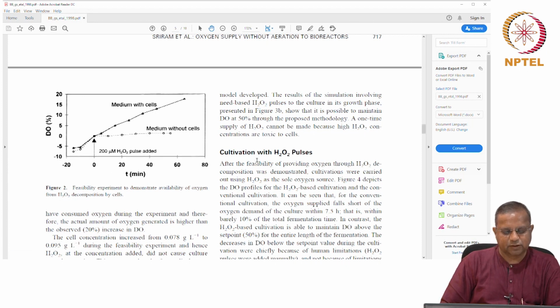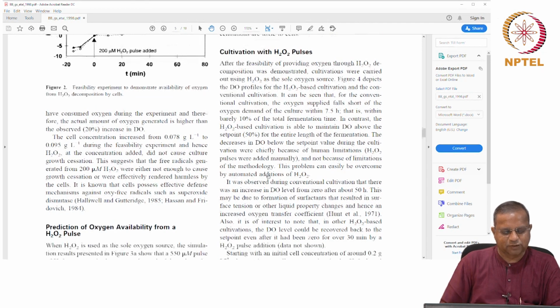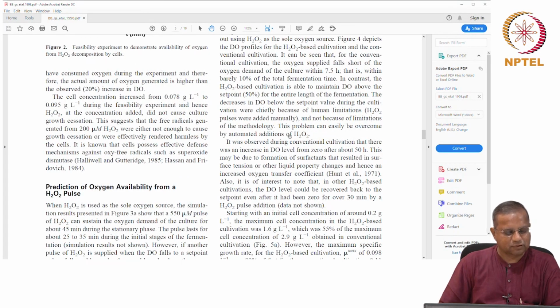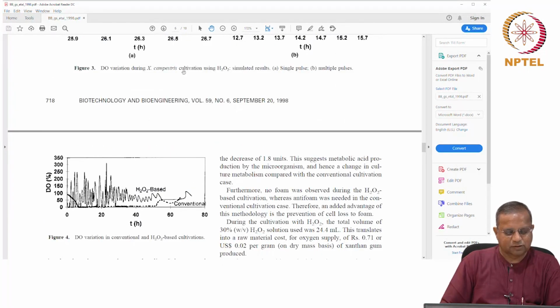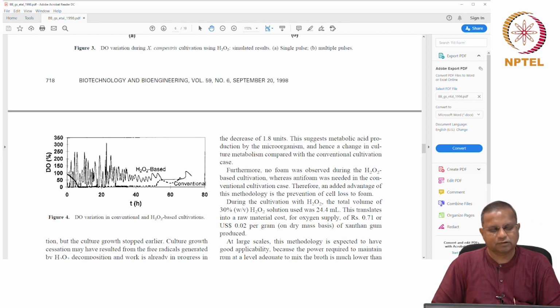This was done. Then we did the cultivation with hydrogen peroxide pulses. A graduate student sat and did this experiment over a long period of time, and a few graduate students did this. This is prediction, we will not get into that. Here we are looking at dissolved oxygen versus time for a Xanthomonas campestris cultivation. In the conventional aeration case, the conventional method of providing oxygen supply,